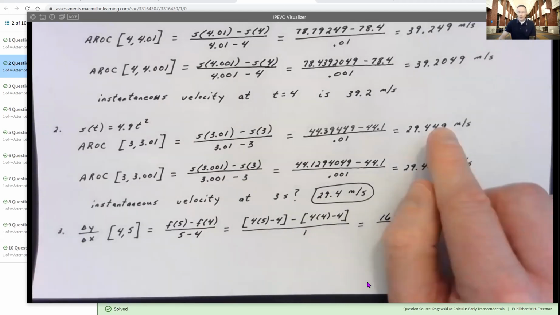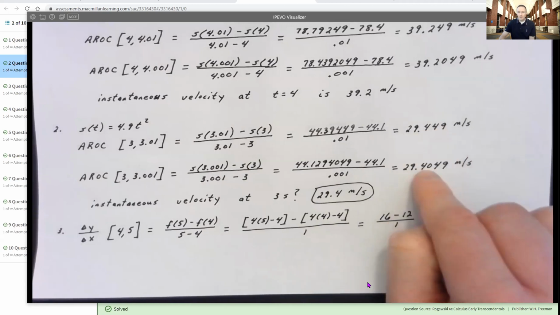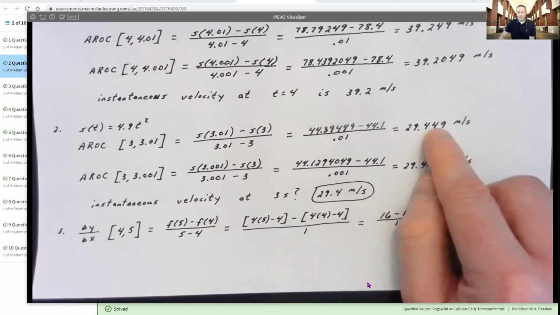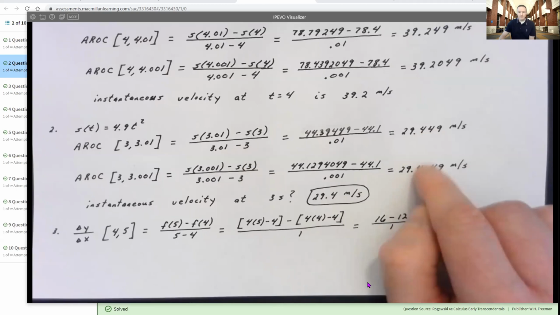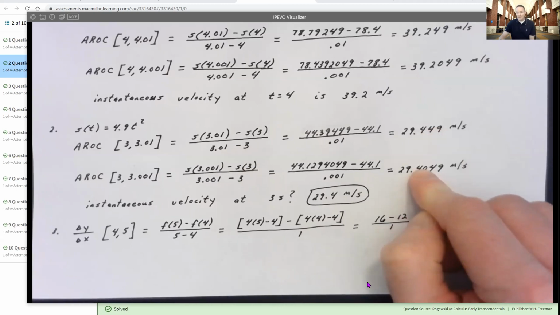Now, when I'm thinking about this, 29.4049, I'm saying, okay, what's the difference from here to here? You dropped a 4 in the 100ths position. So this number is approximately 4/100ths less than this number. So if I were to ask you to guess what happens if I try to find the average rate of change from 3 to 3 and 1/10,000th, 3.0001, I want you to see that you're just going to drop a 4 in the next position, and it's going to be